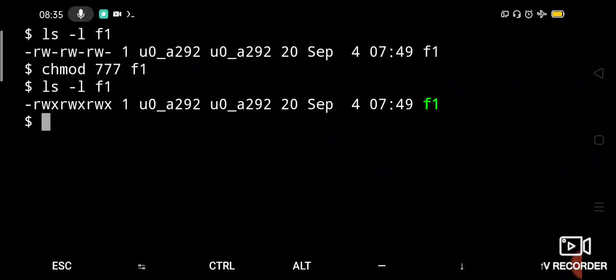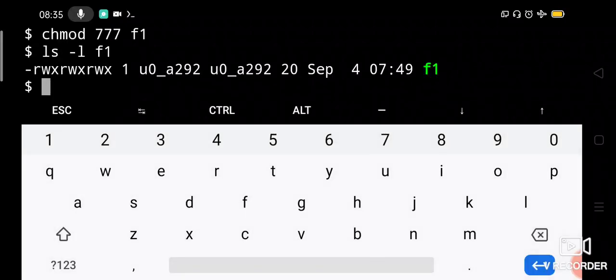Then let us try some other permissions. Let us say chmod. We will remove the write permission of group and others, and give all permissions to the user.